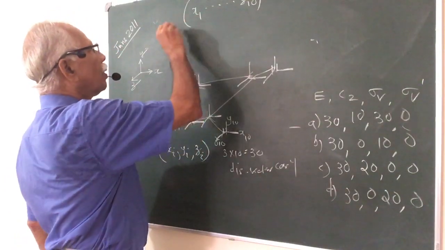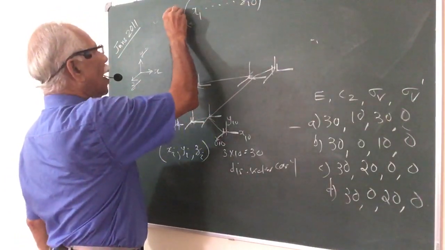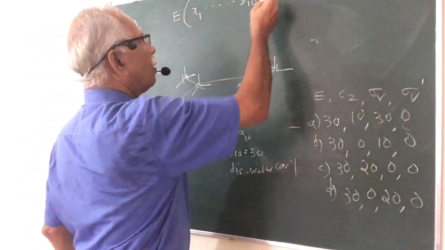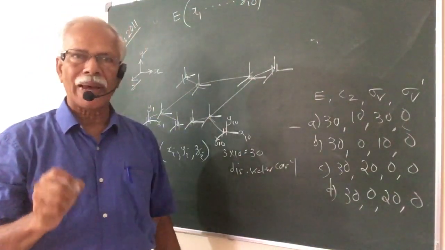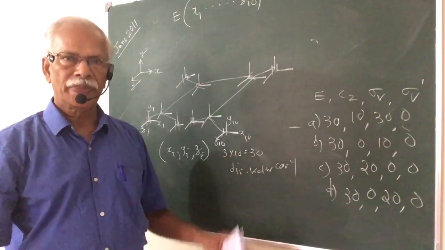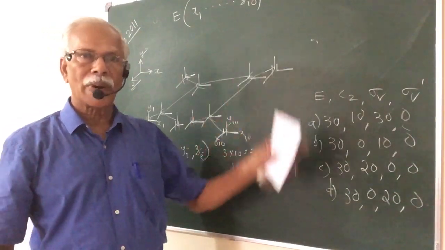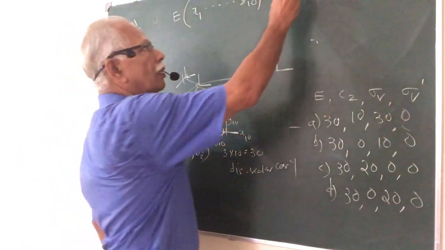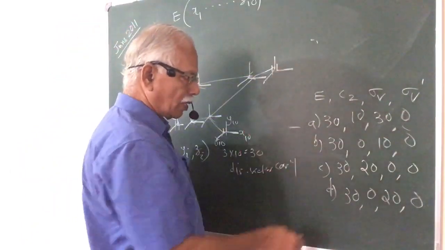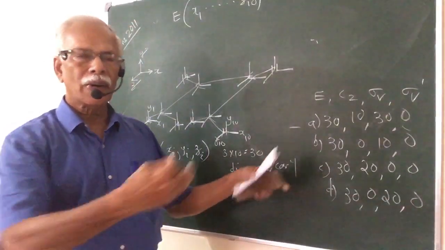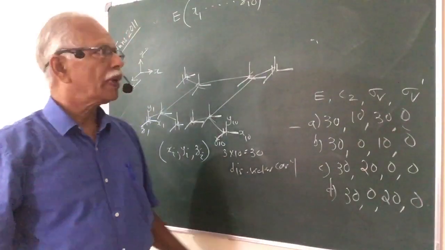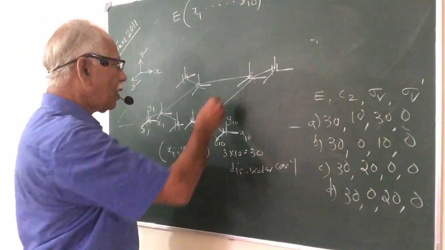The operation of identity over this: none of these components get shifted. So contribution to character by every component is 1. So we have got 1 plus 1 plus 30 numbers, making a total of 30. So among all the options, the first number is 30. So we are not able to make a decision now. Then secondly, we have this